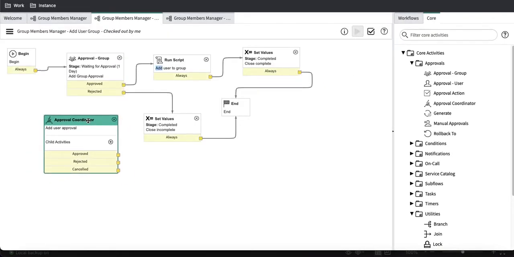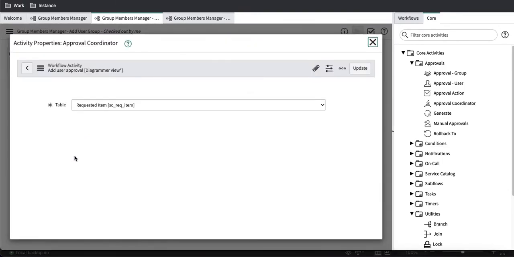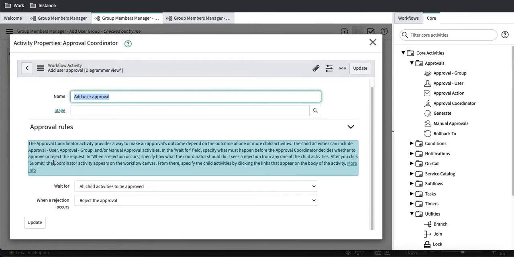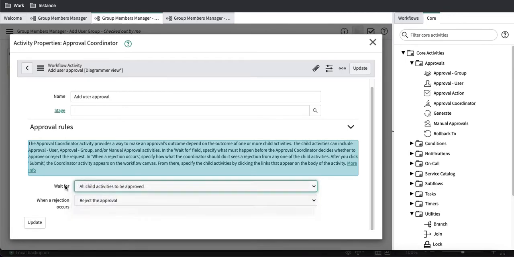So if you see here in this group approval coordinator, you can add multiple things. If I click that add child coordinator, you can add group approval, you can add user approval. Okay. And once we added that approval coordinator, it is saying that all child activity to be approved, or any child activity to be approved, anything we can do. Okay. So we define that all child